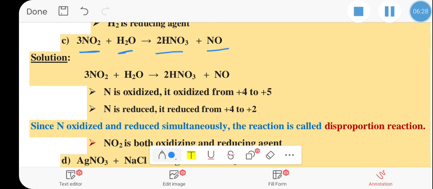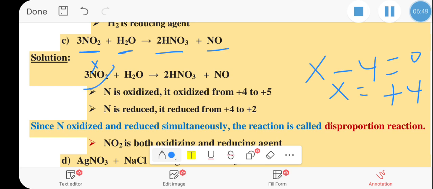If you see the oxidation number of nitrogen, it is +4 in the first case because x minus 2 times 2, that is minus 4, equals 0, x equals +4. የመጀመሪያው ላይ እዚህ ጋር +4 ነው